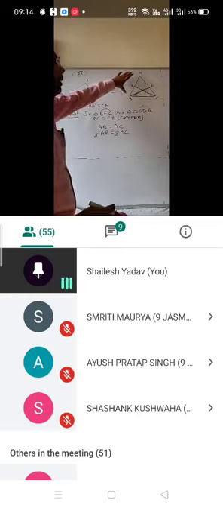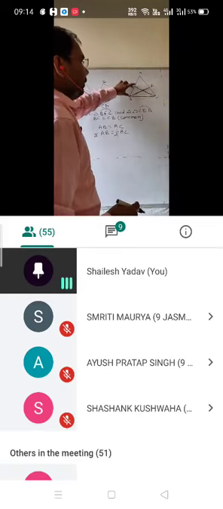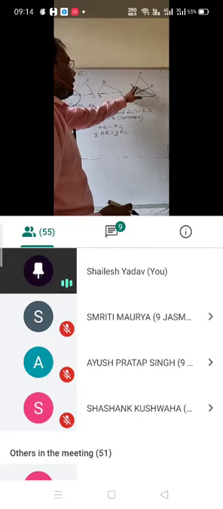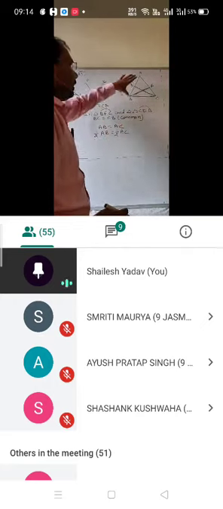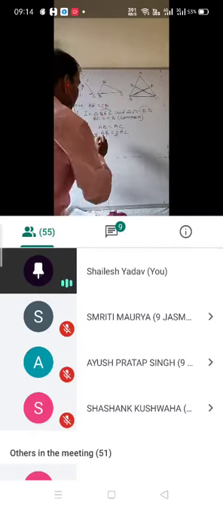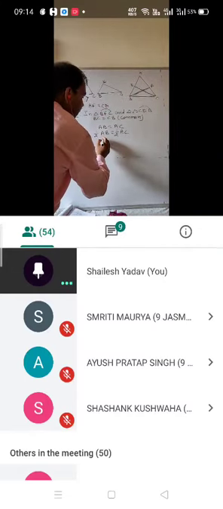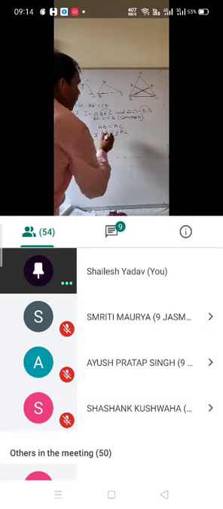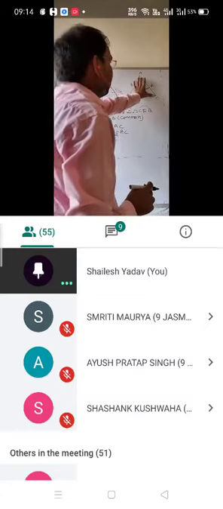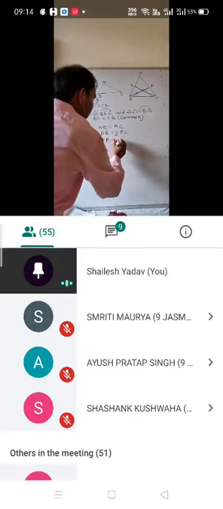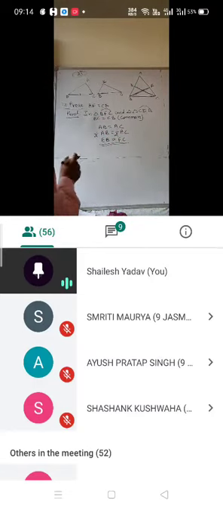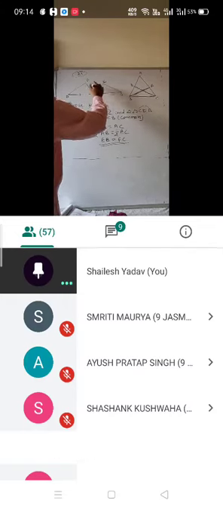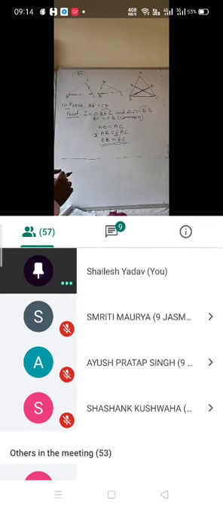Half of AB, what will that be? That will be EB. The reason is that in the question it is given that E is the midpoint of AB. So if AB is equal to AC, then half of AB is EB. So here you can write that EB equals, and half of AC equals FC. So here EB and FC are equal.